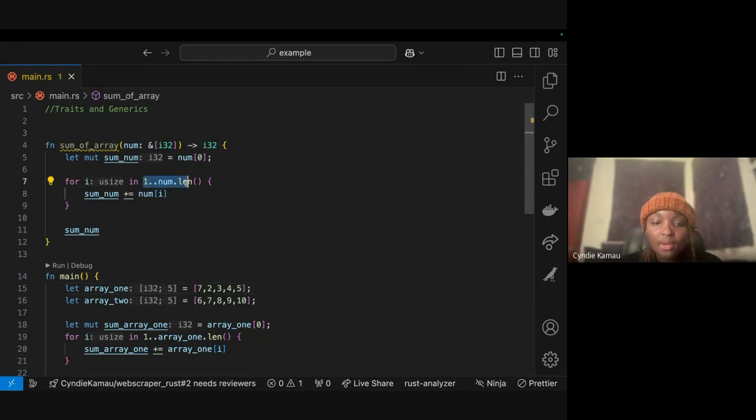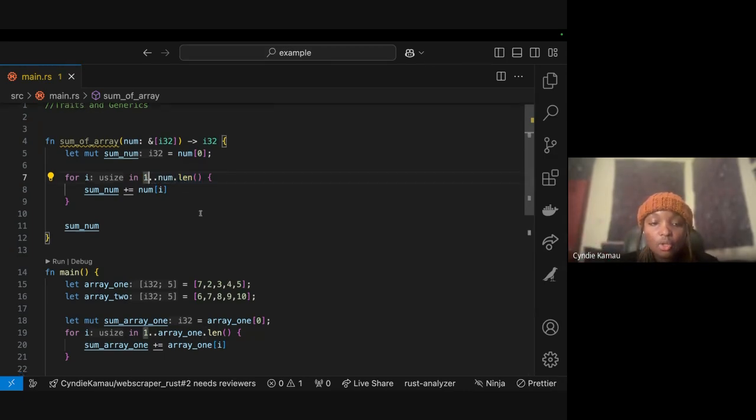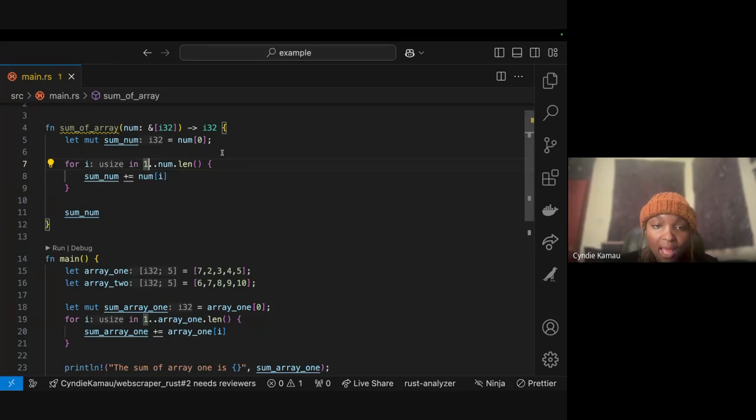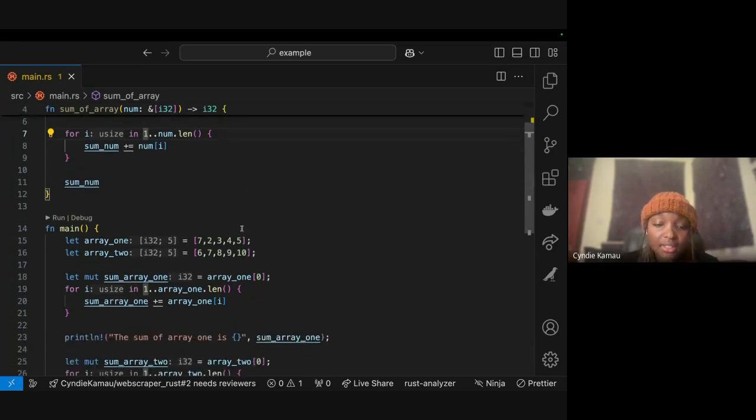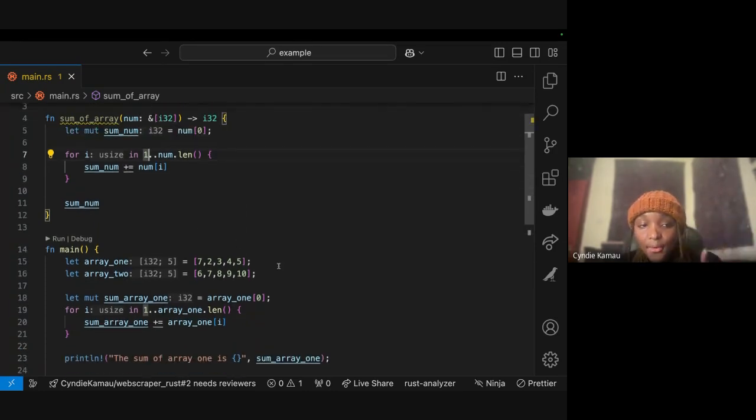So this is a way we iterate in Rust. That's why you have these 2 dots over here, right? It's like I'm telling the compiler that I initialized my index for my array to 0.